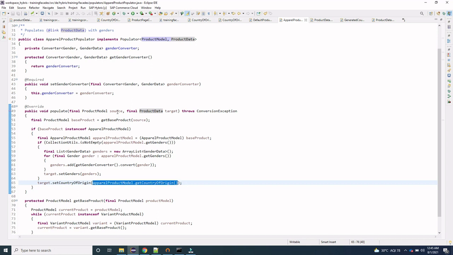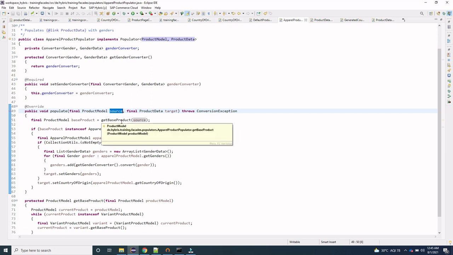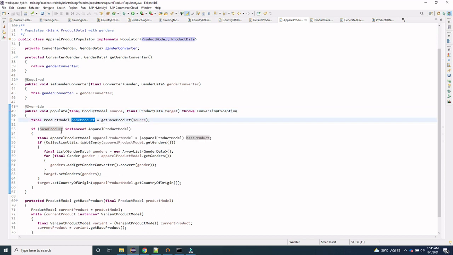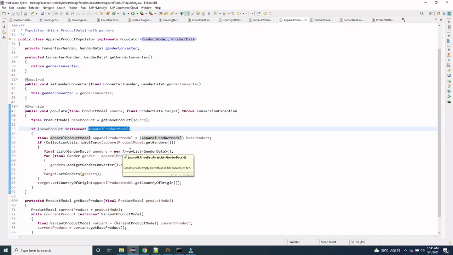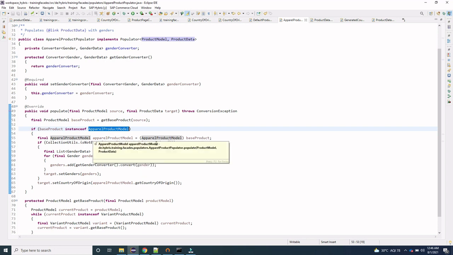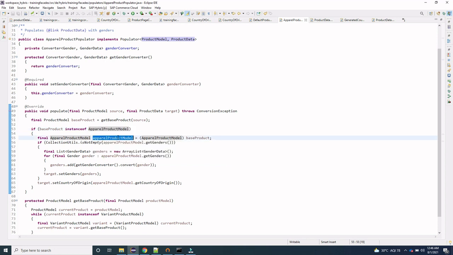If you see, with this product model we have fetched the base product model, and we are checking if the base product model is an instance of apparel product model. Then we are typecasting that base product model into this apparel product model, and from the apparel product model we are fetching this get country of origin.